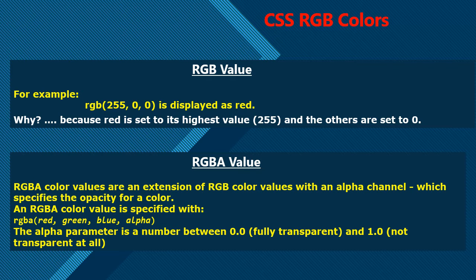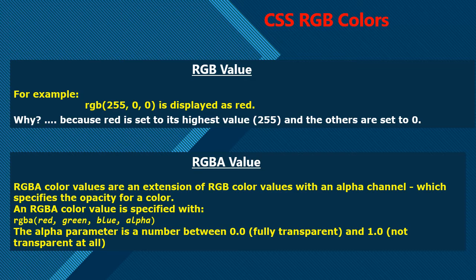In CSS, a color can be specified as an RGB value. The intensity of the color ranges from 0 to 255. For example, RGB 255, 0, 0 is displayed as red. Why? Because red is set to its highest value, that is 255, and the others, that is green and blue,